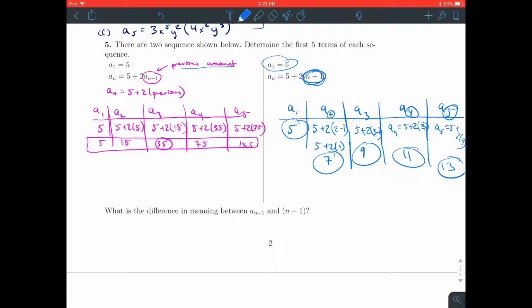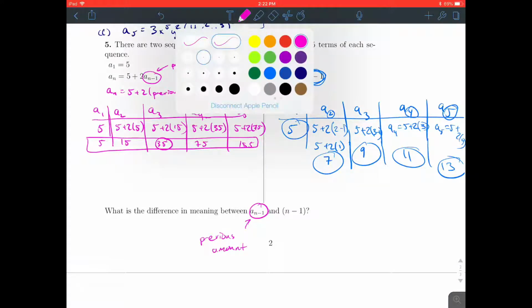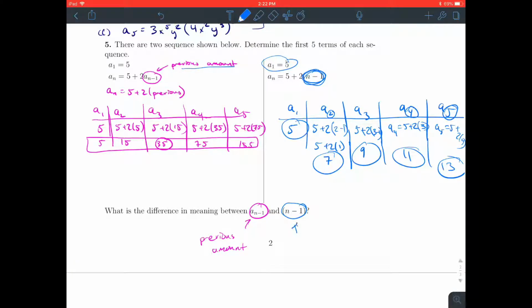So the difference between a sub n minus 1 and n minus 1 is this. a sub n minus 1 is the previous amount, and n minus 1 is 1 less than the current index. So this is probably the most